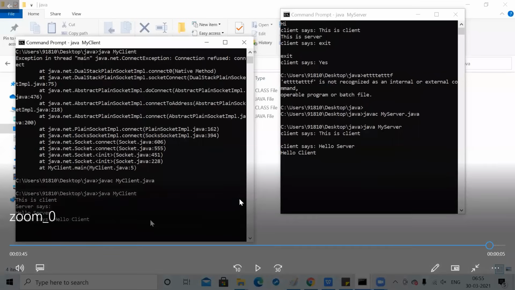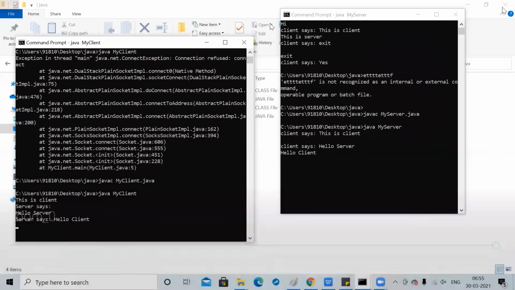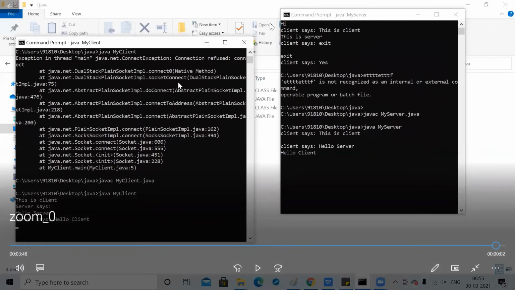Make sure that whenever you are making both codes, first you have to run your server class. After running the server class, you can run your client class. You can send whatever data from client to server, you can check, then you can reply back to the client using the server class, and again you can make the communications. Continuous communication is happening, and when stop is written, it will close that communication. If you write the string stop, it will close the communication. Clear? Yes.